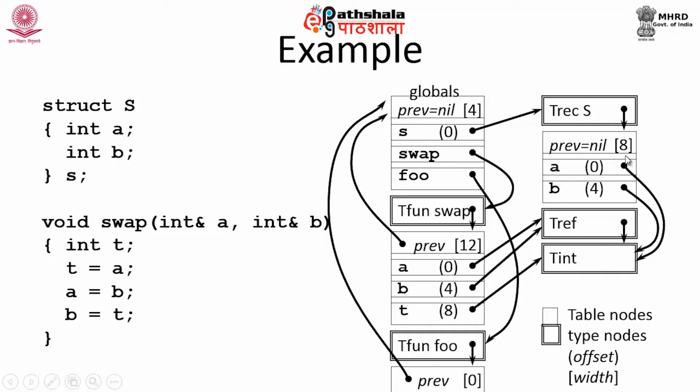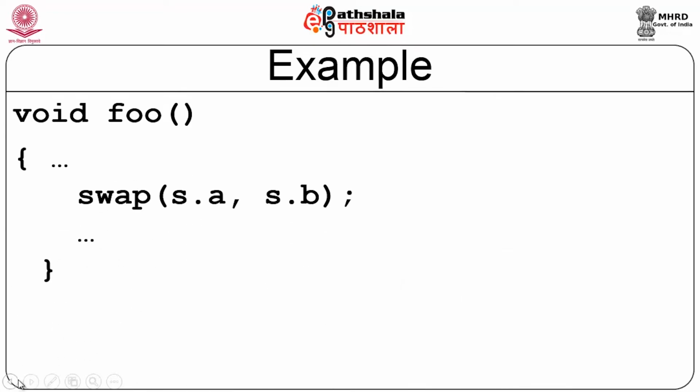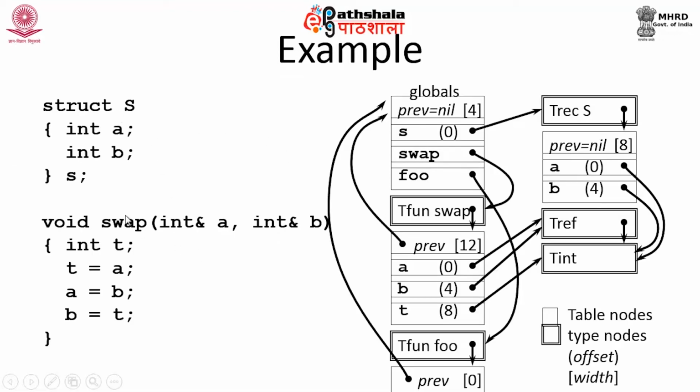So, which is going to have a thing of 8. So, this is how it maintains. On top of it, if you could understand this, function foo is going to be called, that is what is available here. So, this is function foo. Function foo is going to be called from the main function, and swap is called from foo. So, the swap and the foo, these two pieces of information are added to this particular table using the enter procedure call.